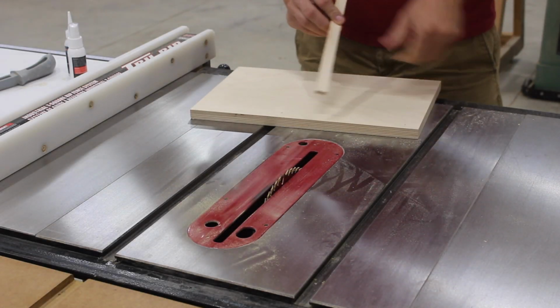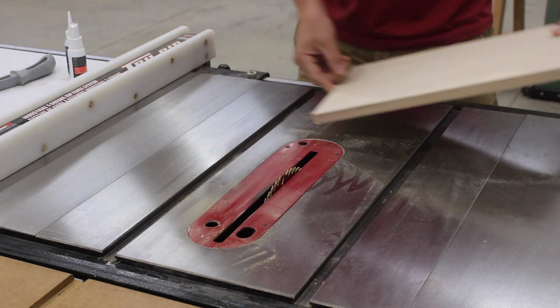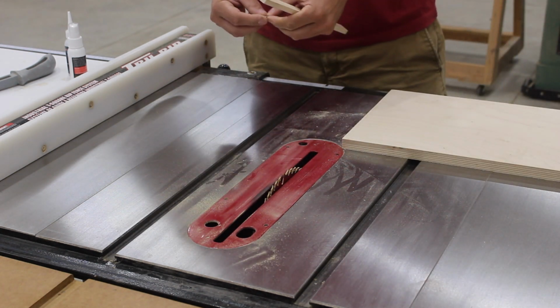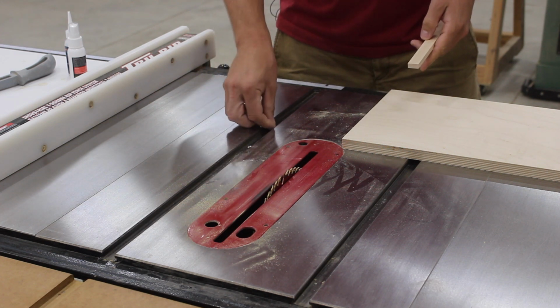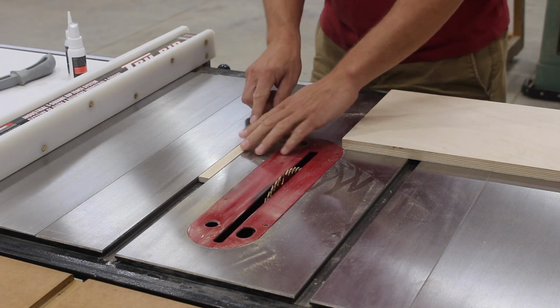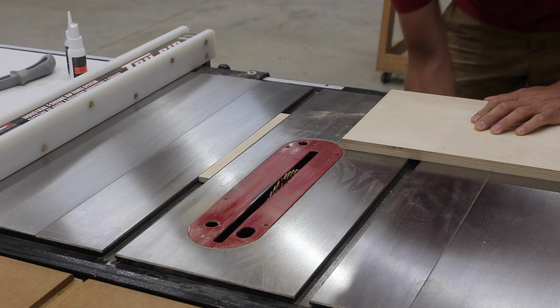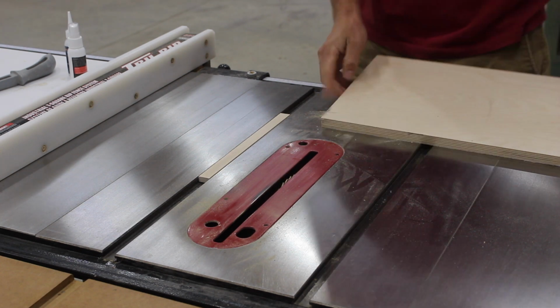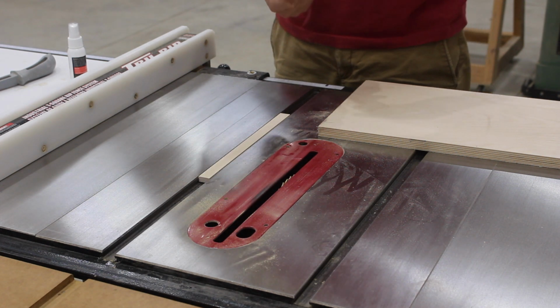Next, we have to glue the runner onto this piece of plywood. So the easiest way to do that is to take a couple washers, just drop them in there. And that will raise the runner up proud of the table. I'm going to lower my saw blade here, get out of the way. And I am going to glue the runner on with Starbond's medium